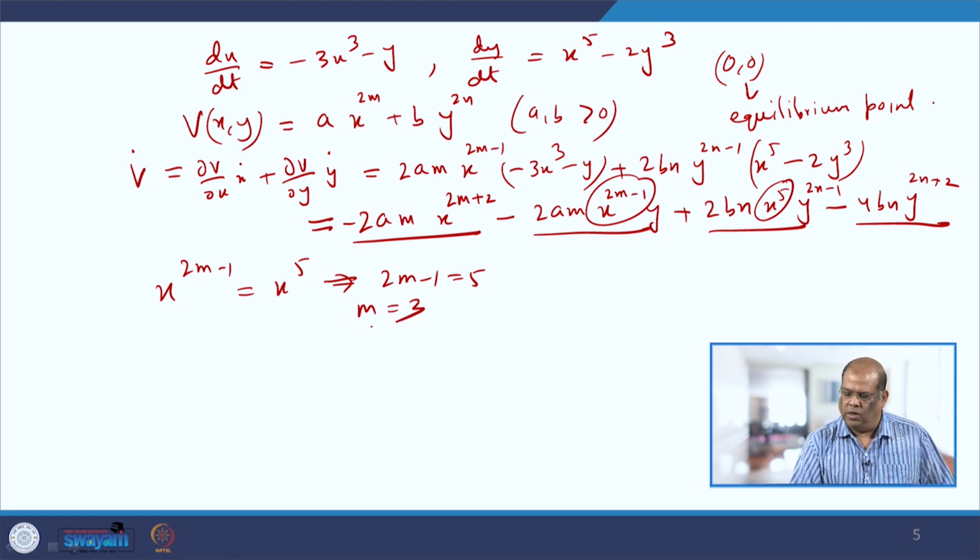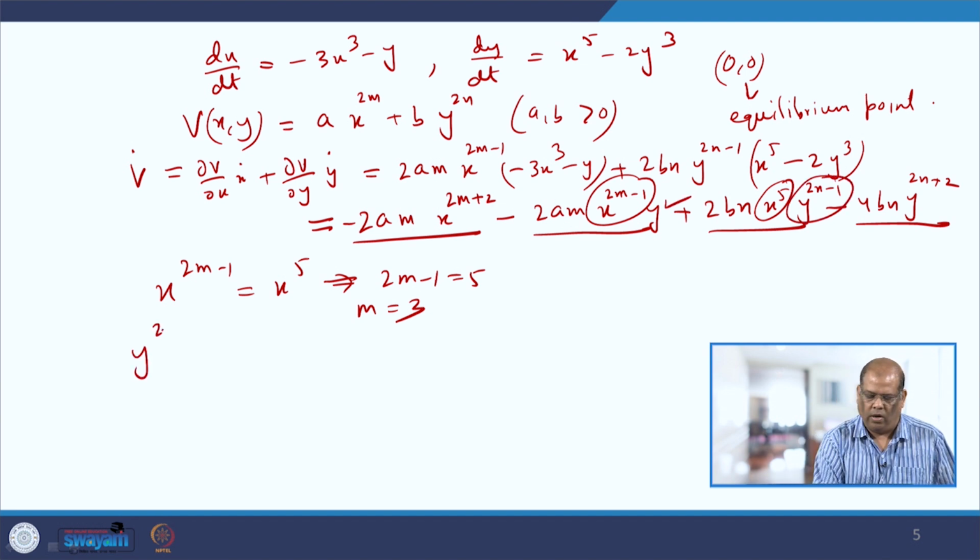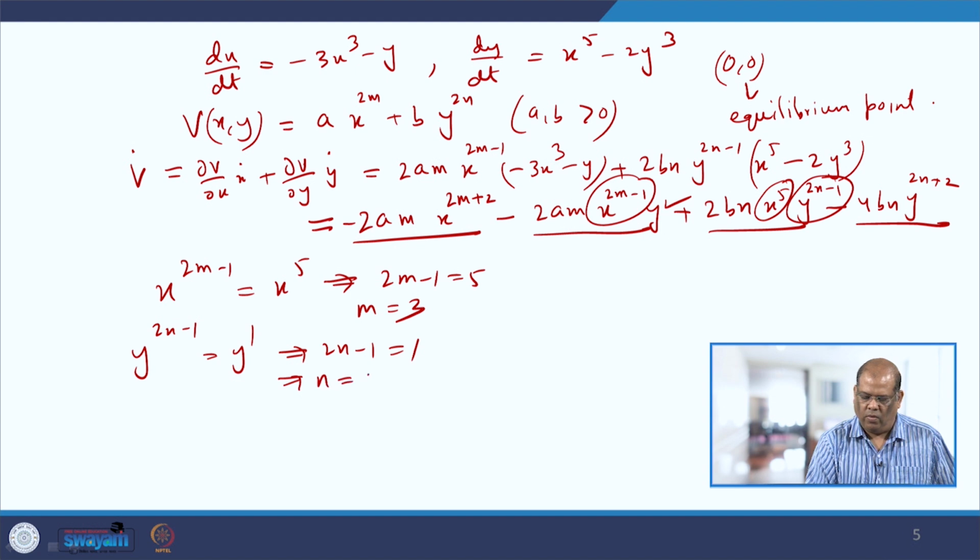Similarly, you can choose y to the power 2n minus 1 is y. So, y to the power 2n minus 1 will be equal to y to the power 1, which implies 2n minus 1 is 1 and n is equal to 1. So, m equal to 3 and n equal to 1 gives you the Lyapunov function V dot